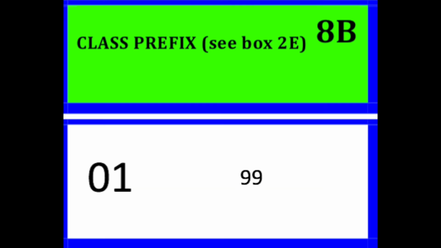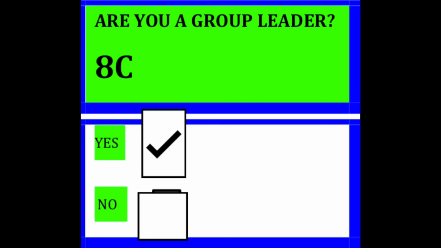In box 8D click the down arrow and select your country of residence. For example, the United States of America is number 187. If you wish to receive access to the CDFG school directory and are qualified to receive the directory, check the yes box in box 8F, otherwise check the no box in box 8F.